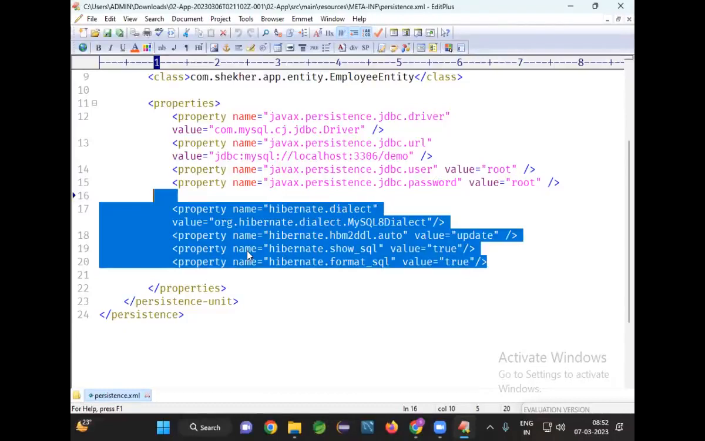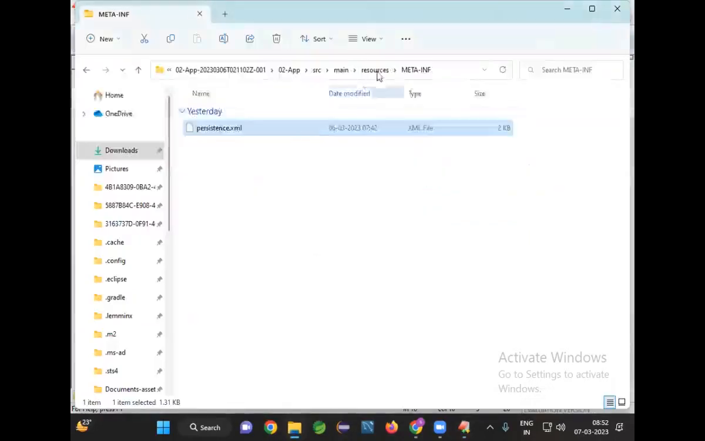But what's the file name here? Persistence.xml. What is the file name there? Hibernate.cfg.xml. This file and that file look almost the same, right? With very small changes. Where should I keep this file? Under META-INF. What's the folder name? META-INF, in capital letters. Where should I create the META-INF folder? Under